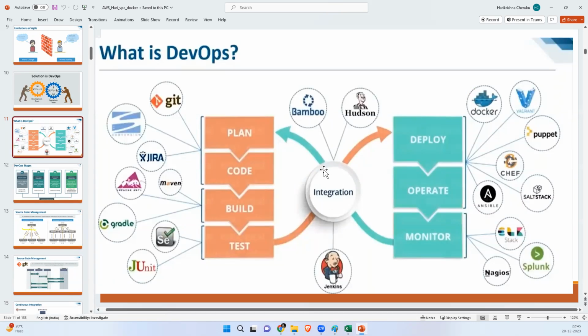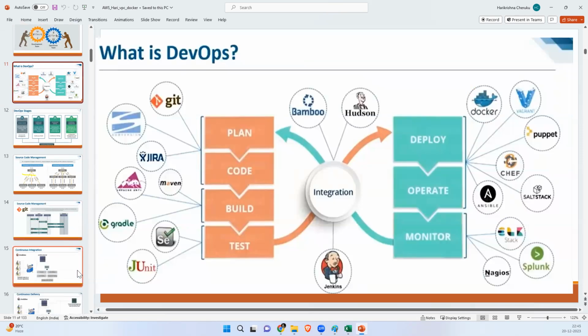Jenkins or Hudson or Bamboo or Tekton, there are many CI/CD tools. We can install the plugins, integrate, and deploy.